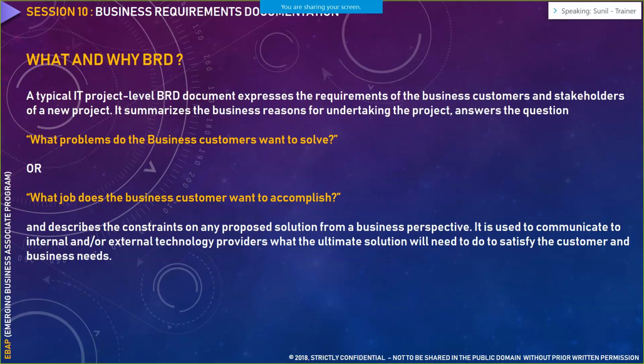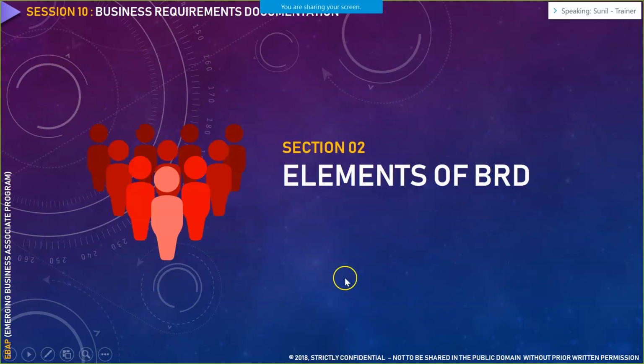After they have created this particular project, what would be the significance of this project when it moves to an operational environment and is open to the end customer for further usage? So what is the job the business customer wants to accomplish? These two questions are clearly articulated and documented in your business requirement document.